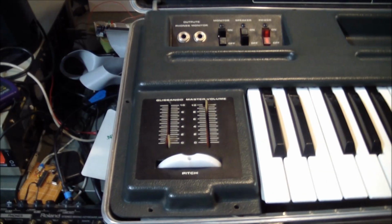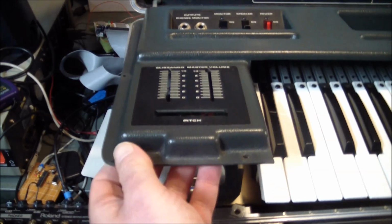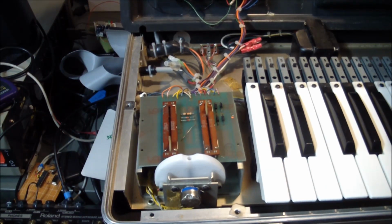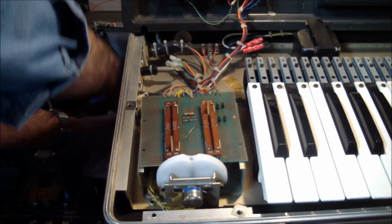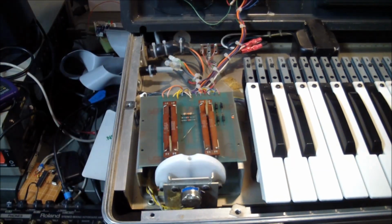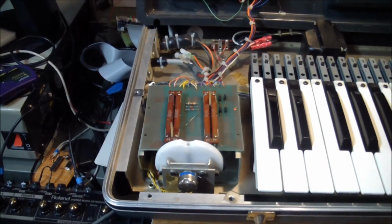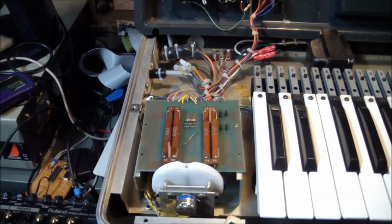So I removed the screws of the plastic part covering the keyboard. We'll just shift that up. And to properly follow safety, I will unplug it. And so here you go. What we have here,